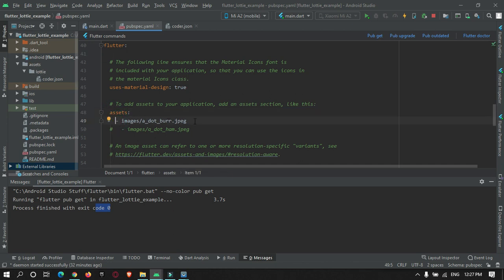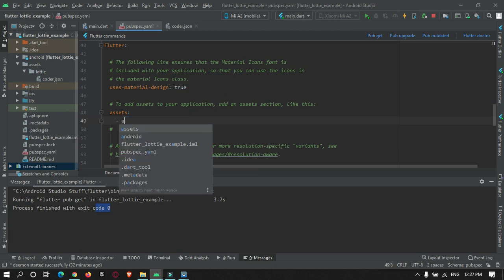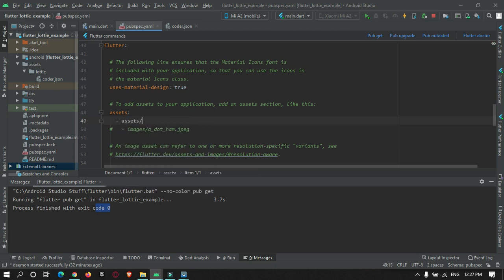Our path is assets and lottie. If you want to provide a specific file that you need to access only, then you can use coders.json. For now I want to access all the files in this folder, so I will keep this as it is. After doing this, just hit the pub get button.